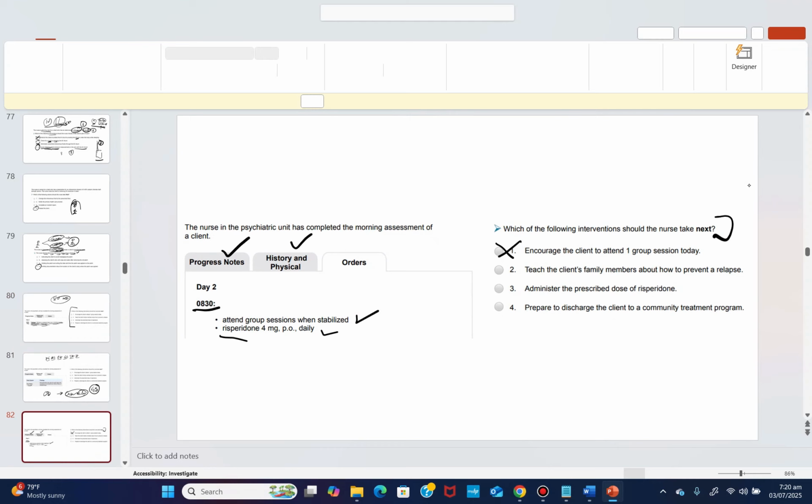Now look at the next one. Teach the client. You can see as I'm thinking through the question, I'm not thinking of the answer outside the question. I'm looking at what I have to answer the question. That is how a case study is. That is how a bowtie question is. That is how a chart question is. You see, try answering those kinds of questions the way I'm answering them. You are going to improve in your way of thinking.